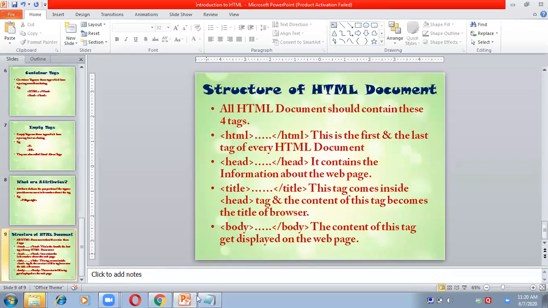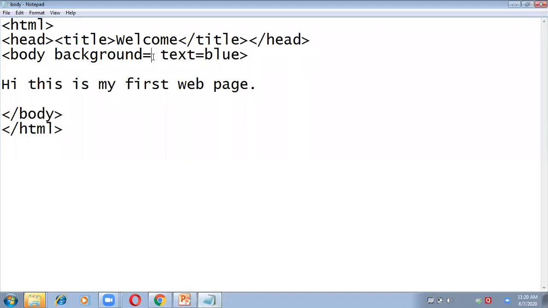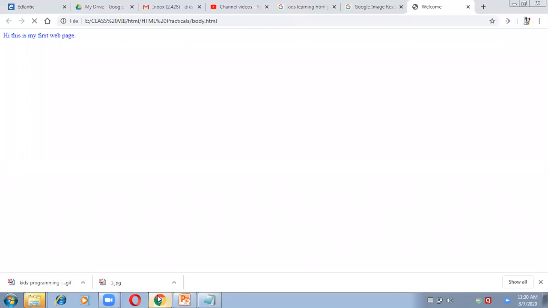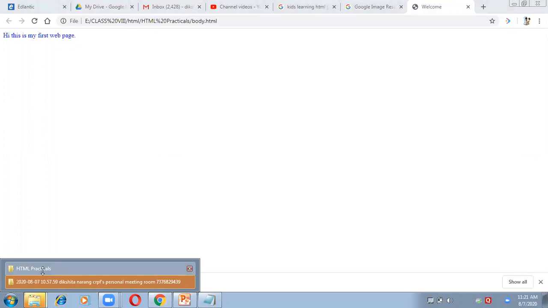Suppose I write here in the coding i.jpg. jpg is the extension, the type of the image. So this is also compulsory to write, and I'm going to save it. Ctrl plus S and check. There is nothing coming in the background, no color, because we have already removed the BGCOLOR attribute and inserted a background attribute. But the image which we have inserted is not placed in the same folder. So first we have to put the image in the folder.